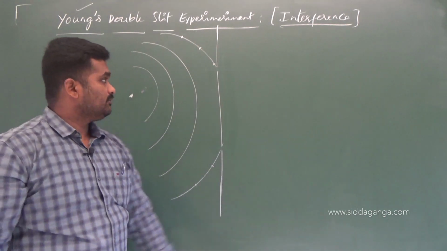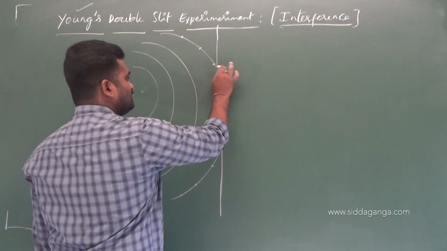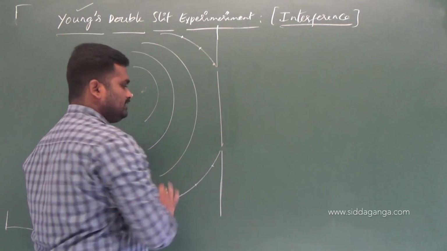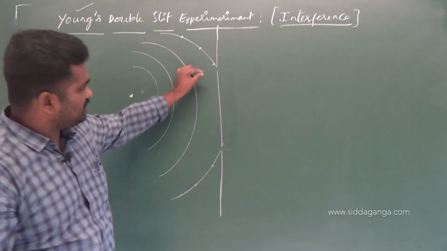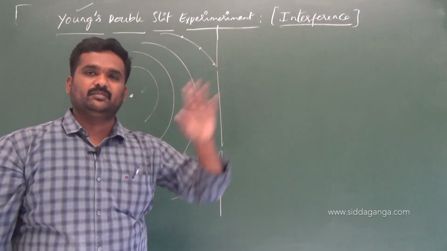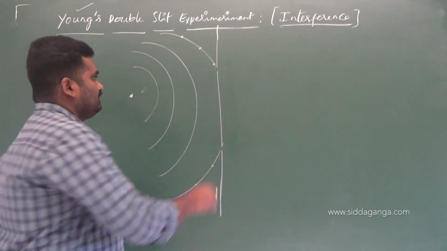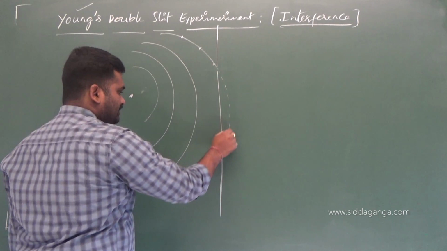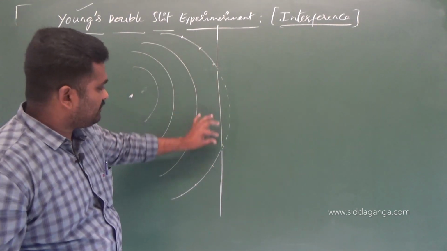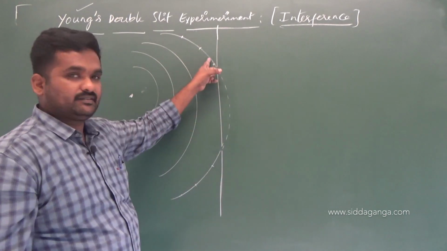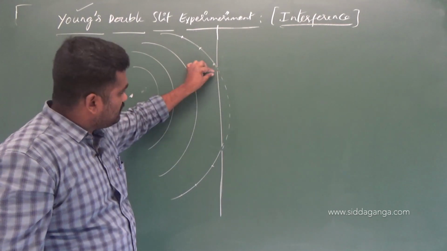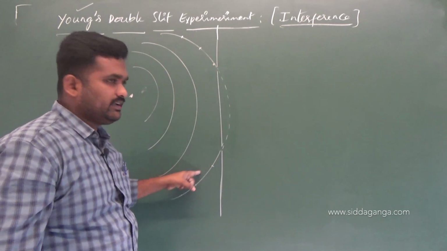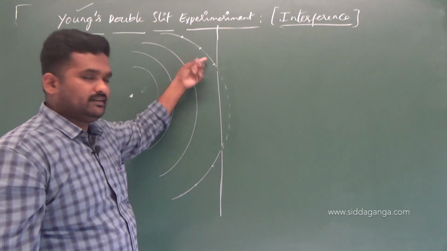It's impossible. But this source, these slits that we have here now, they will act as the sources. From this small slit, light is going to be coming out. You can observe that. Whatever light is coming from this slit and from this slit will be of the same wavefront. The light coming from both the slits will be of what? Same wavefront.